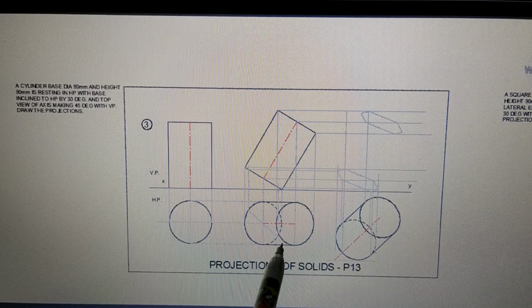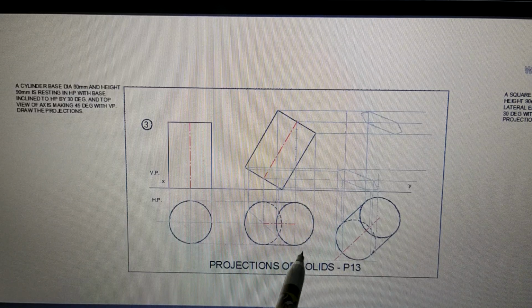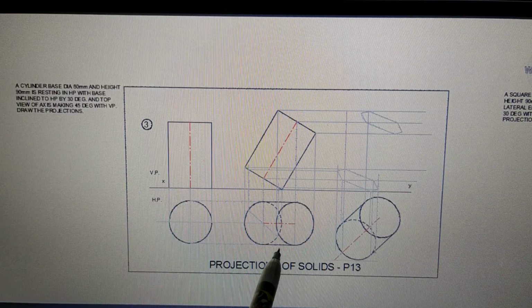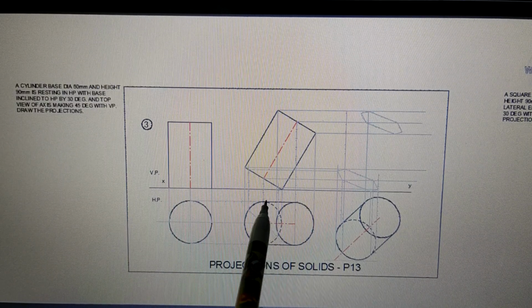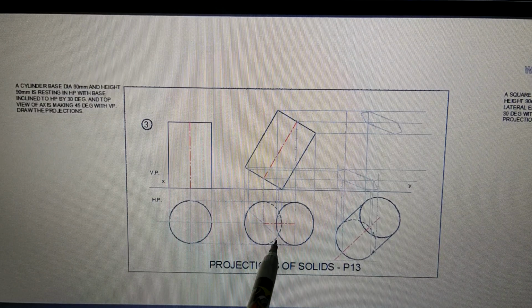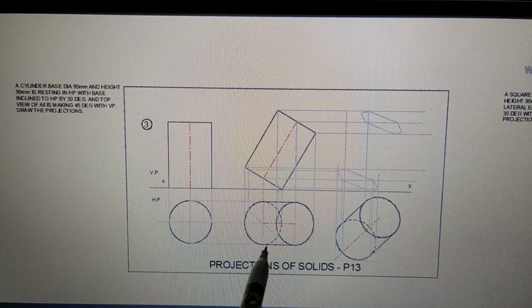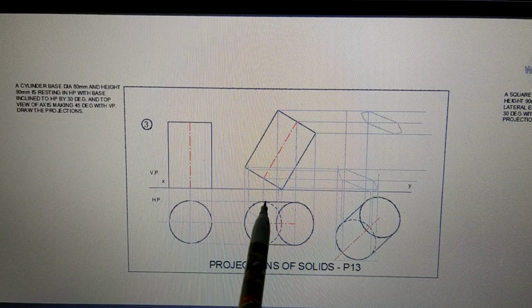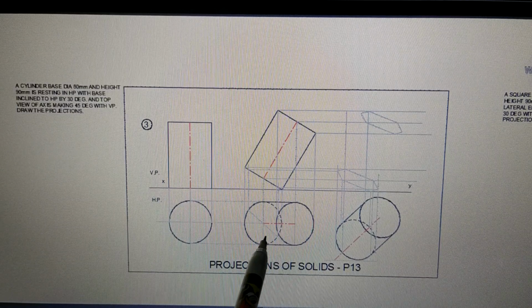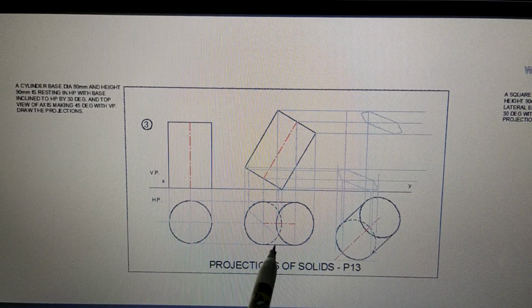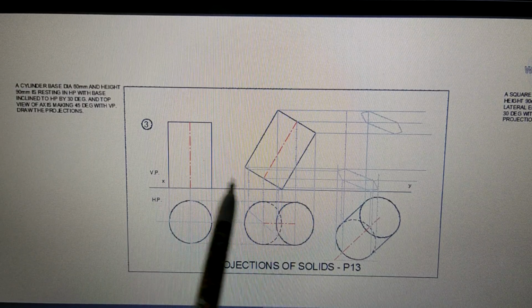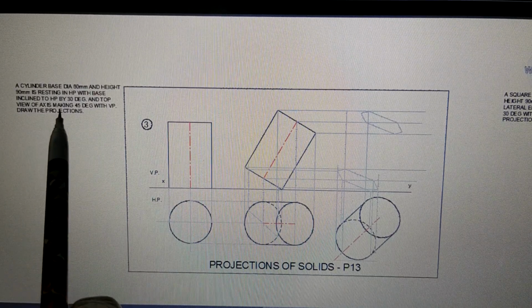You can also think of this solid like this. Imagine that this solid is made up of glass. Suppose it is made up of transparent glass. That means when you see this glass object from top, then this edge which is there, you are still seeing it through the glass. So whatever you are seeing through the glass, that is drawn as dotted line. So you can imagine like that also, that I am seeing this dotted line because I am looking at this object which is a glass object. So when I look through the glass, then this edge is not directly seen, it is seen through the glass. So it is dotted.